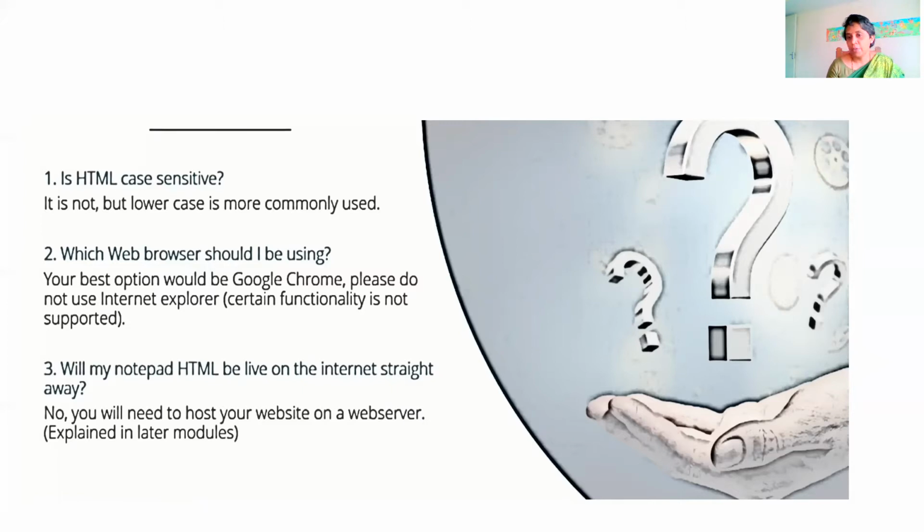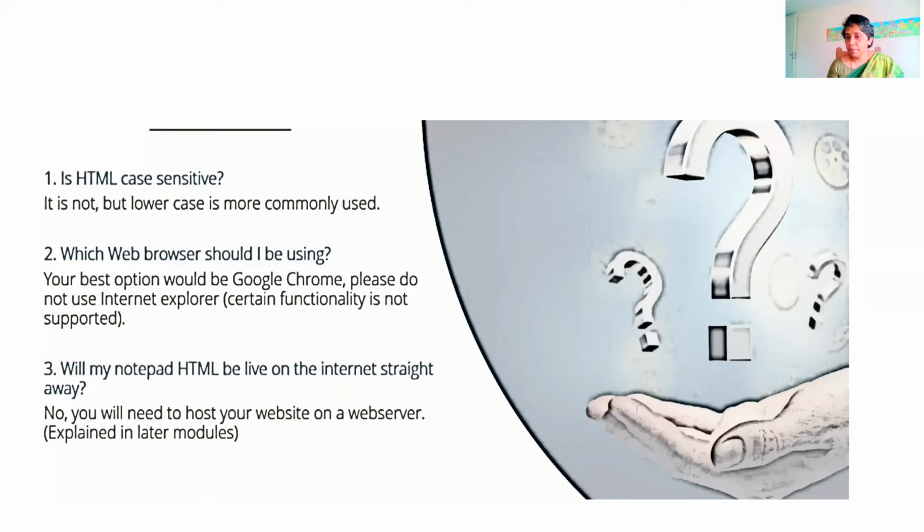Which web browser should I be using? You are going to create your web page by using some editor, then you're going to view it through a browser. Google Chrome or Mozilla Firefox or Microsoft Edge, any of the browsers you can use. Will my Notepad HTML be live on the internet straight away?